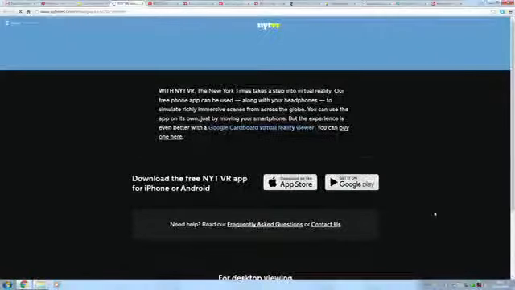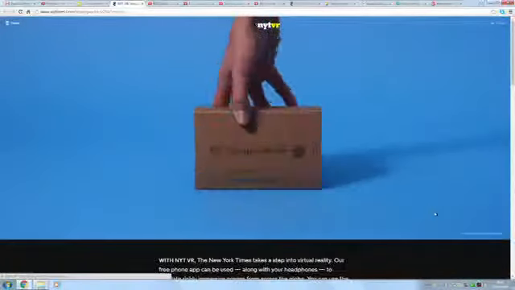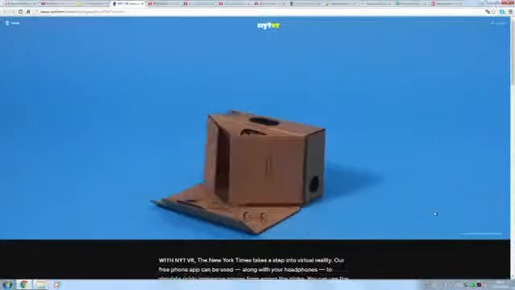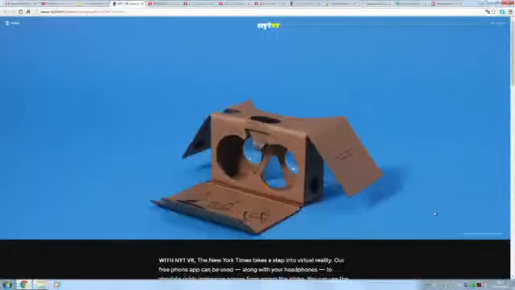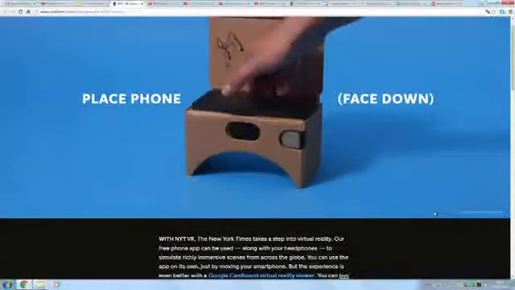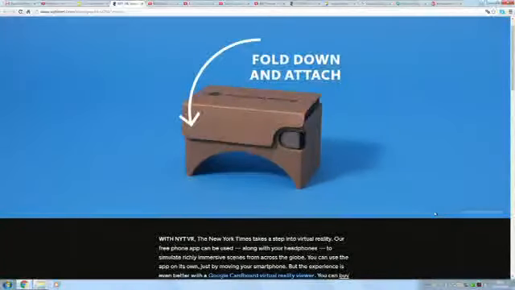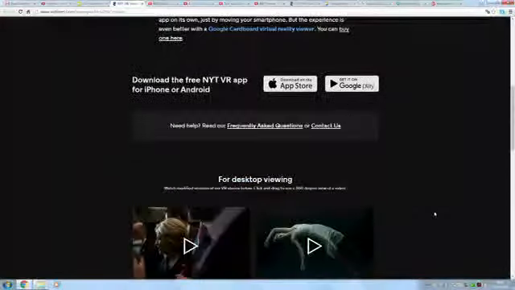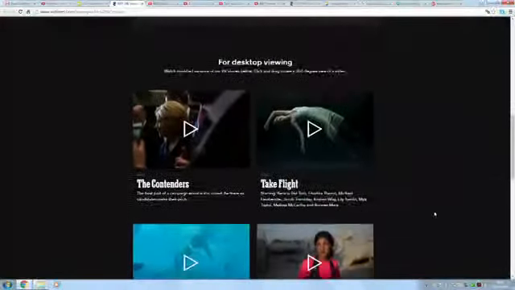I just want to close on this. This is an example. New York Times has decided to start a line of production of this kind of video in collaboration with Google Cardboard. And so you see they show you how to place the phone, fold, and then watch. And there are already a number of videos you can actually see.